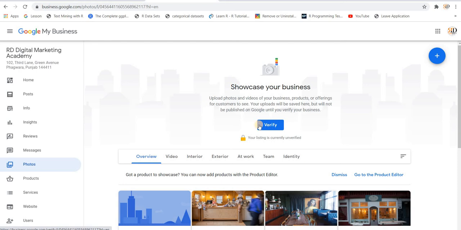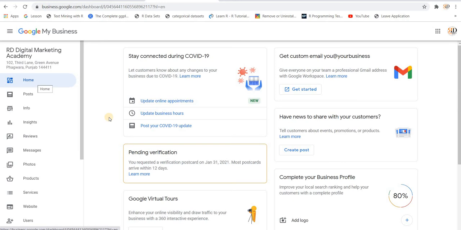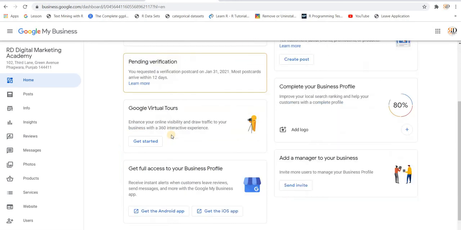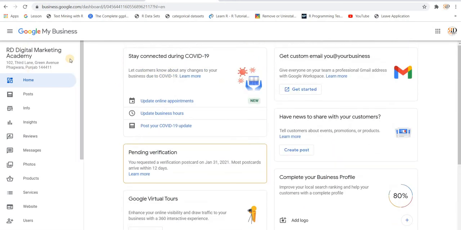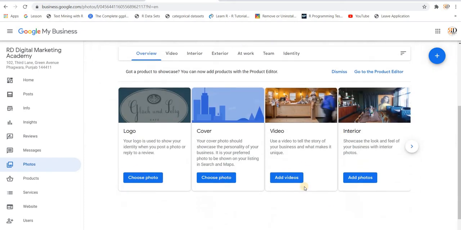So it is not verified. It will take time for me to verify. Now I go back to my home. Now you can see I've added a lot of things. It asks me again to add a logo, but I have already added a logo.